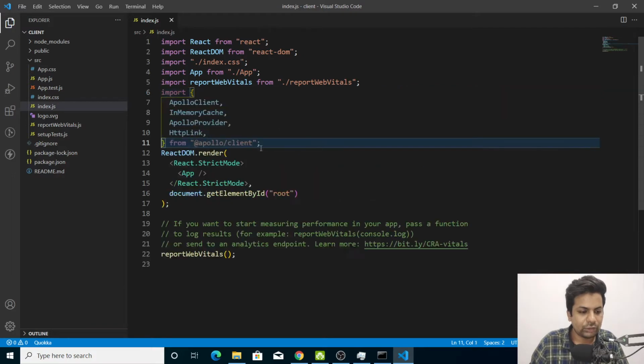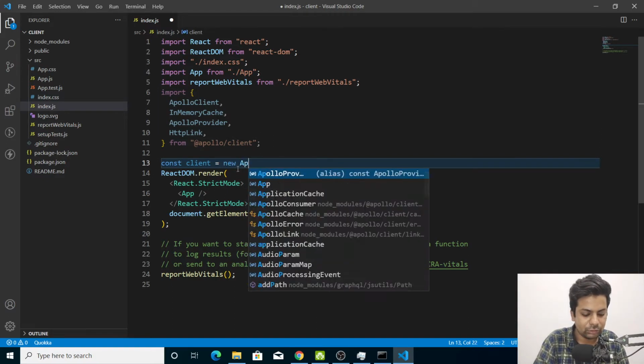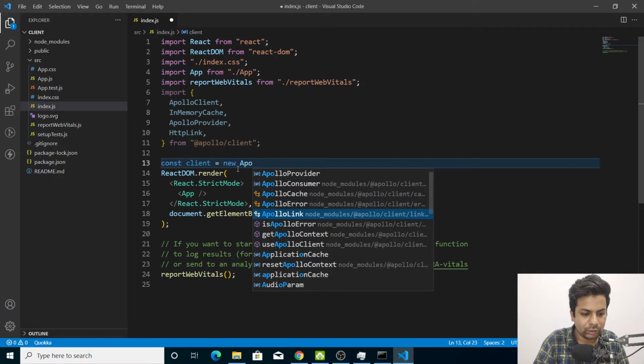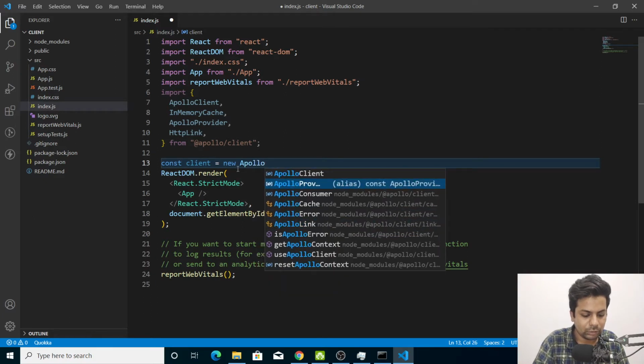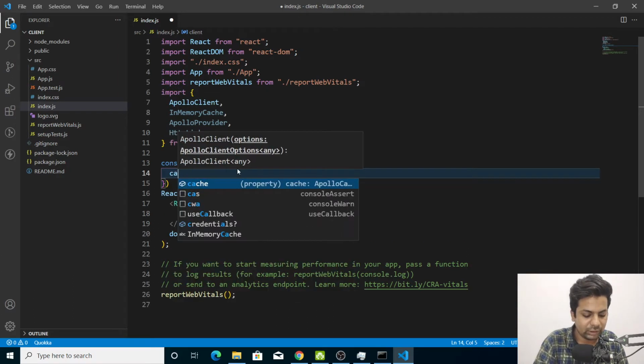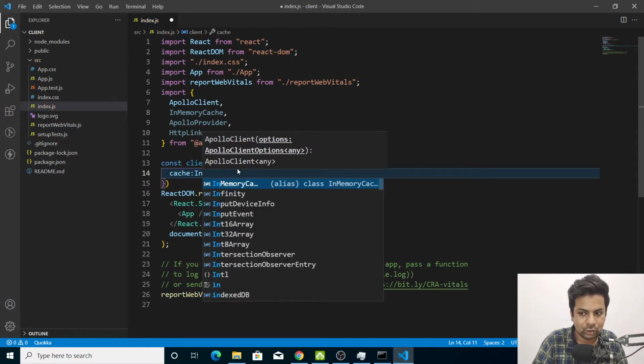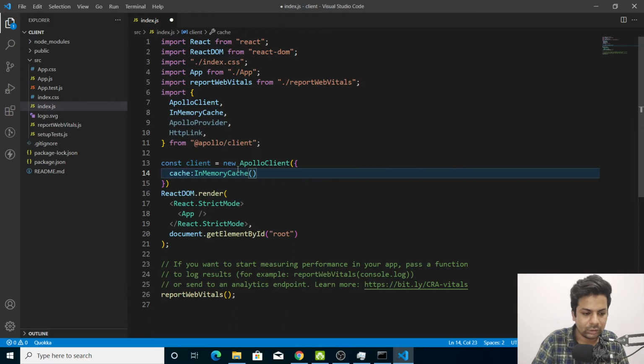So after that, we'll say const client equals, we have to do these changes in the index.js file. Client will be new ApolloClient, and here we'll pass some key value pairs. We'll say cache, and we'll say new InMemoryCache.